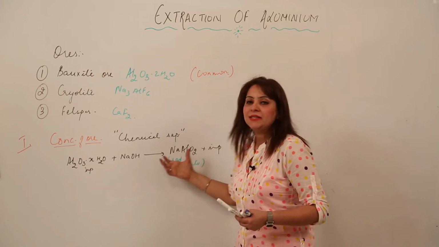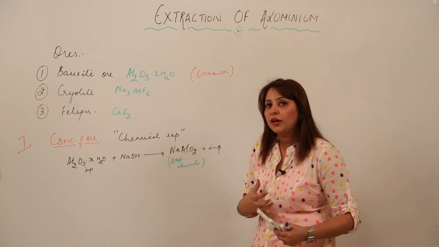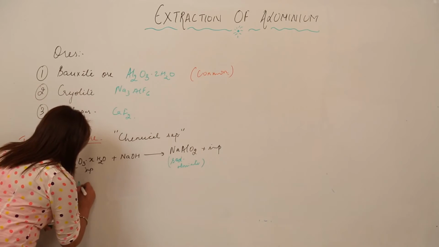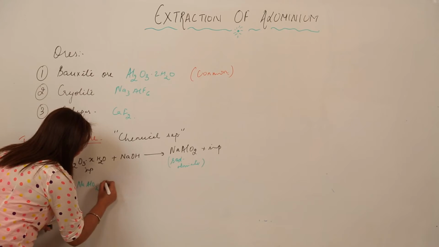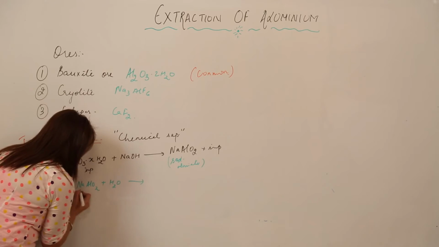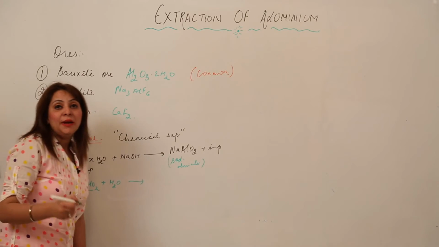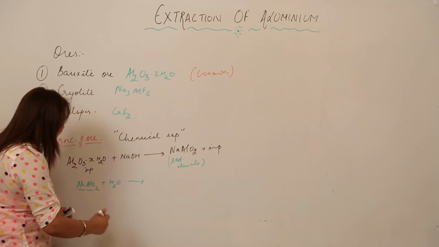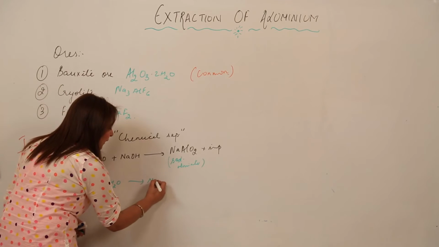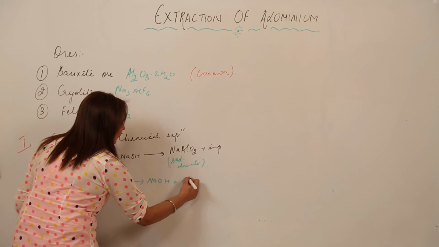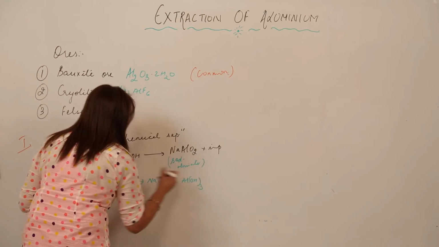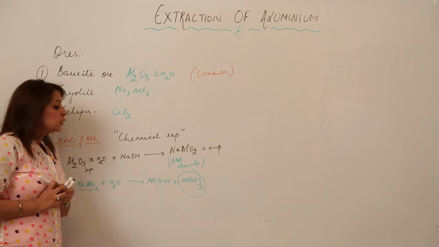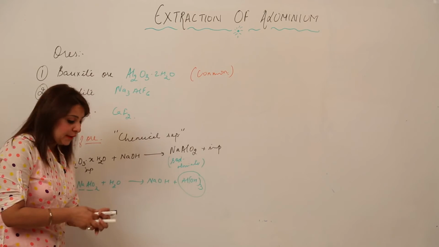Now we are going to get our concentrated ore out of the sodium aluminate. How? NaAlO2 will react with water. As you can see, this is a metal and this is a metal, and metal has a tendency to combine with water to form its respective hydroxide. So again we get NaOH and Al(OH)3. Our ore is hidden in this Al(OH)3, so we are concerned with the aluminium hydroxide.